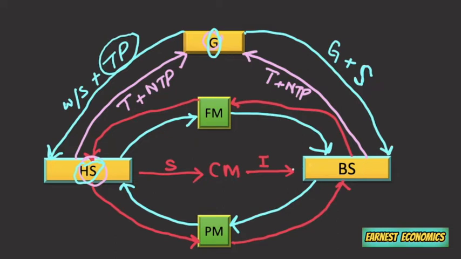Now this completes our three sector model, and this shows us how money is flowing, or goods and services are flowing, between these three sectors. We have the business sector, we have the household sector, and then we have the government sector. Now we need to focus on each of these sectors and some important components related to these three sectors separately, and understanding those things is quite important for us to understand the functioning of the macro